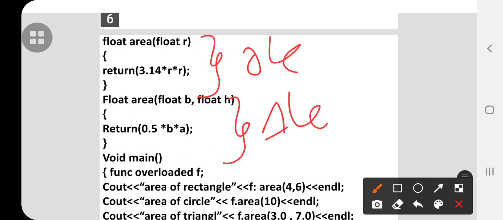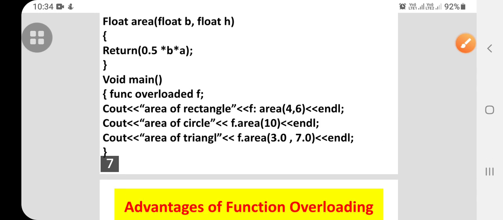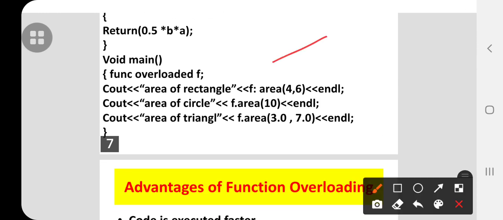Pi into r square is the formula for the area of a circle, and half into base into height is the area of a triangle. Next, here you are calling f dot area of 4,6, and here f dot area of 10, and here f dot area of 3.6 and 3.7.